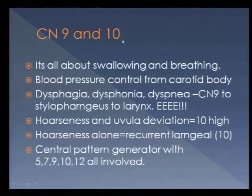When it comes to 10, we spend a lot of time looking at the uvula and the back of the mouth, whether it's deviated one way or another. That's great, but that's only one portion of that vagal nerve, and it may or may not help you. It helps you if the injury is up high. If it's hoarseness alone, you could be dealing with a part of cranial nerve 10 that goes down around the aorta and comes back up, the recurrent laryngeal nerve. 11 and 12 are